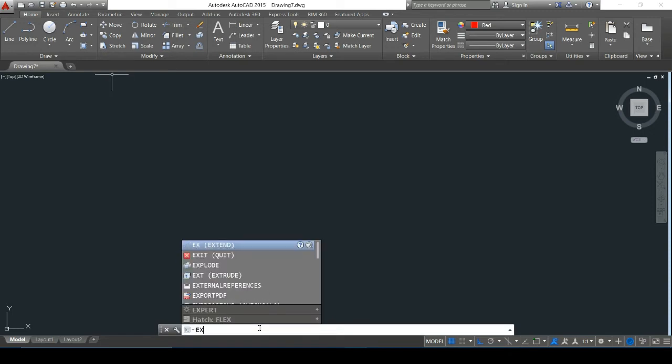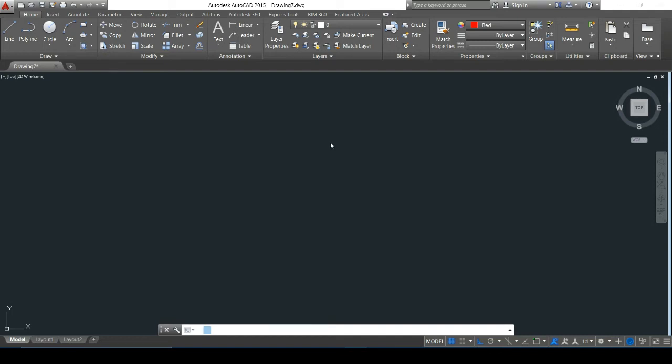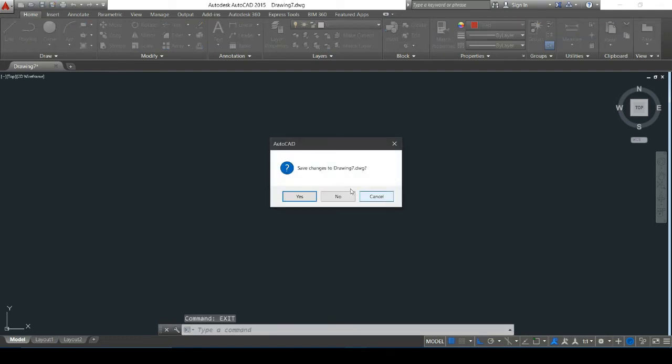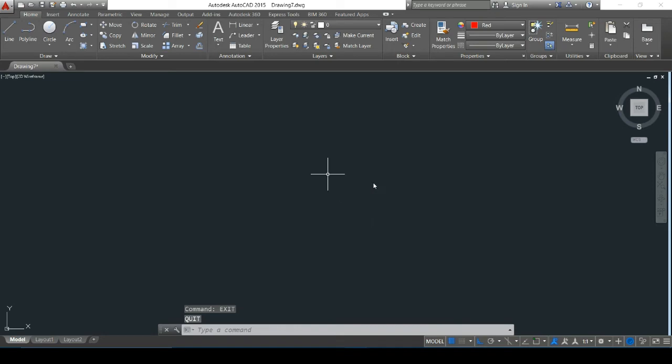Okay, here is a prompted window for extend. Now I'm going to show you the process of using the extend command.